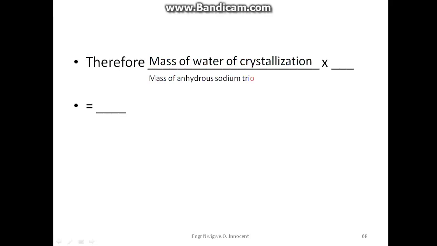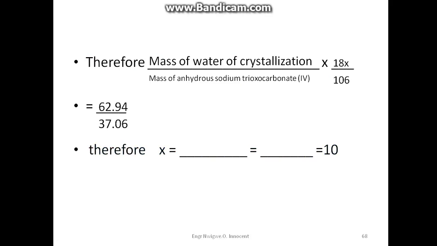Therefore, the mass of water of crystallization divided by the mass of anhydrous sodium trioxocarbonate: 18X grams of the crystal over 106 grams of the sodium trioxocarbonate is equal to 62.94 of the water over 37.06 of the sodium trioxocarbonate. Therefore, X is equal to, by cross multiplying, we will get